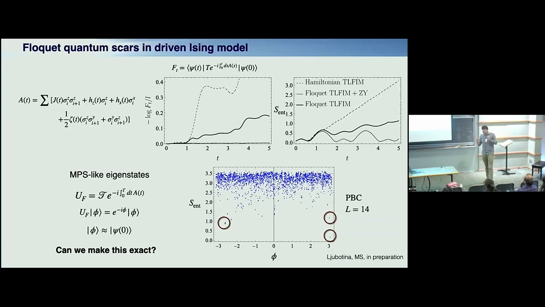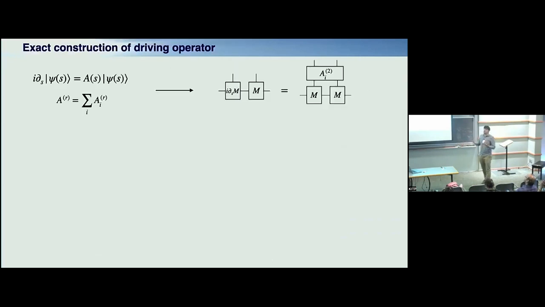So now maybe one quick glance at yet unpublished results, on how to make it exact. And for that, we think about something that I call MPS CRISPR or MPS surgery. On an MPS, you can do the following operation, right? You can try to insert an impurity, which is this time derivative, by a local operator. So I need to solve for this problem, and hopefully you see how it's related to my driving, right? That's my left-hand side of a Schrödinger equation. That's my right-hand side of a Schrödinger equation, but just written in a local way.